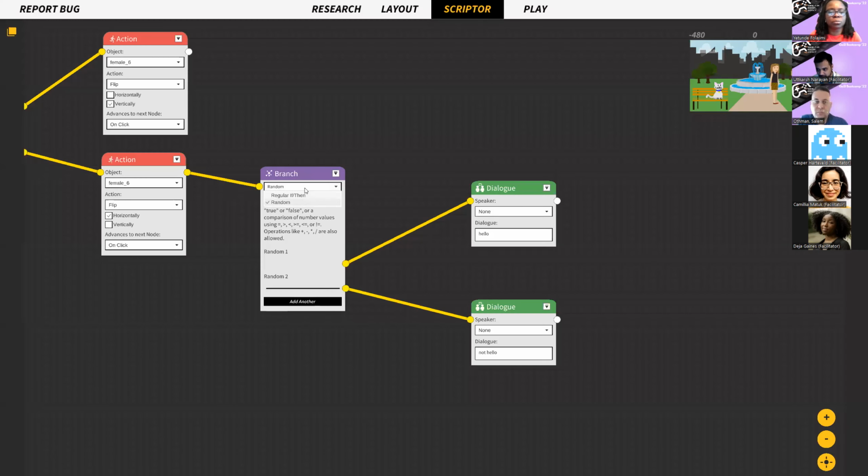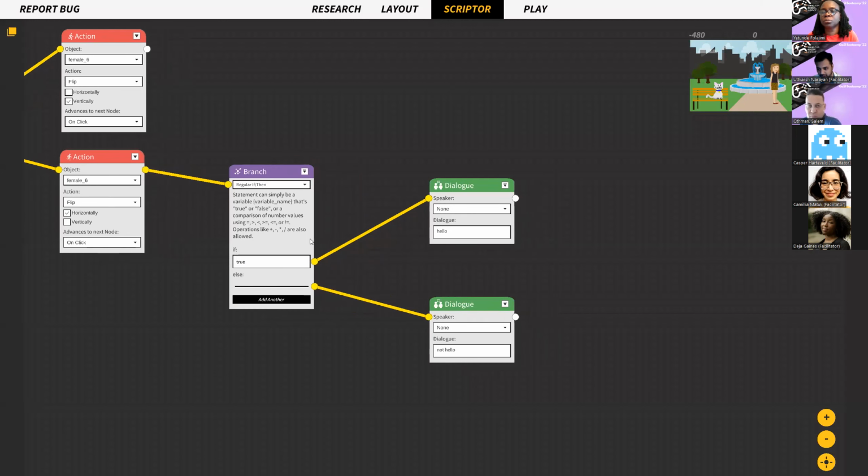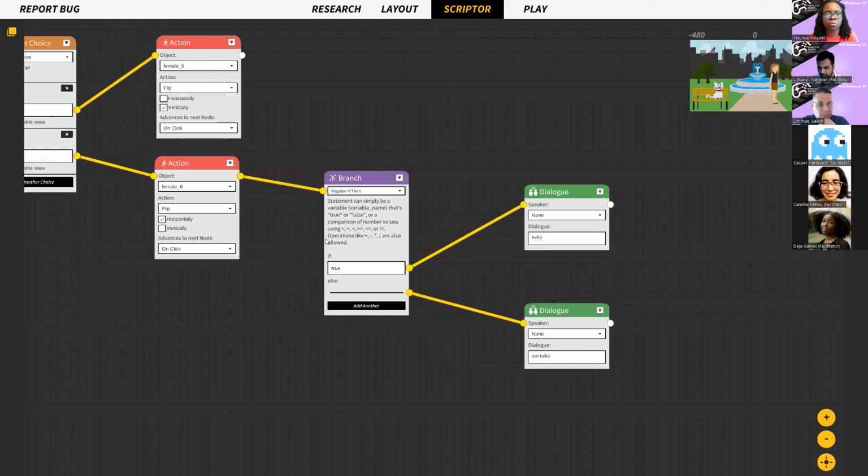But if you didn't want to do random and you wanted to do regular if and else, you would need to select a statement here that would be considered a different kind of logic that would result in a true or false. To decide that, we would need to give different variables to the game, which would be updated based on how your game functions. For example,